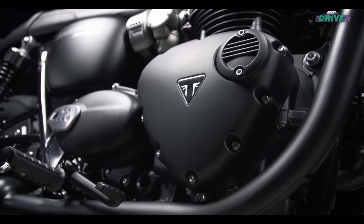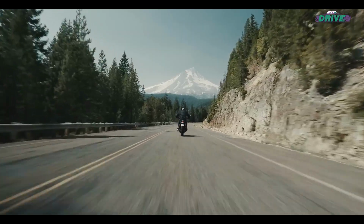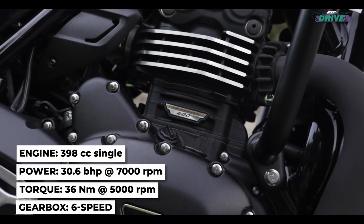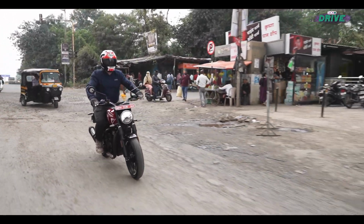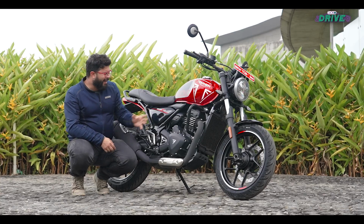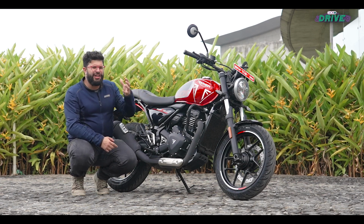Much like the larger 900 and 1200 Bonneville series engines that get a sporty tune and a calmer, relaxed engine tune, the same has taken place with the 398cc TR series engine. With the changes to the engine internals, primarily a heavier flywheel, the performance has been tuned to deliver better low-end rideability. Does it though? The T in T4 stands for torque. And given the tuning changes done to the engine, it's become a lot more likable and nicer at extremely low